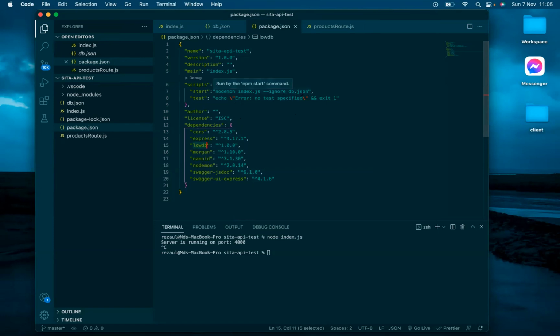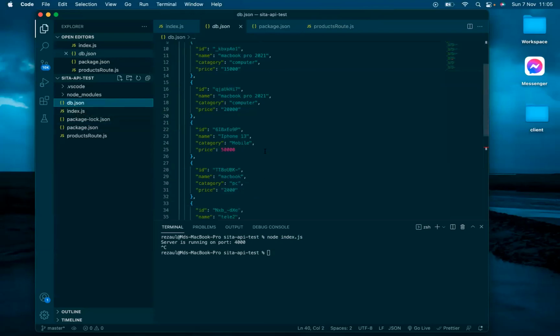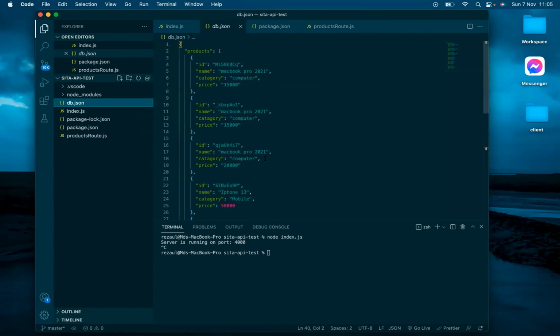So db.json is our database file. You can see we didn't use any other database sources. We just use db.json as a JSON file, and we store our data in here. It seems to be a collection. What a collection means is that in MongoDB we have collections, and in a relational database we have tables. So this concept is being used in LowDB. We use products as our collection, and we use this as a database, and we have our